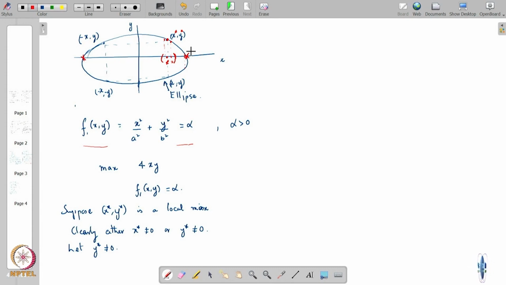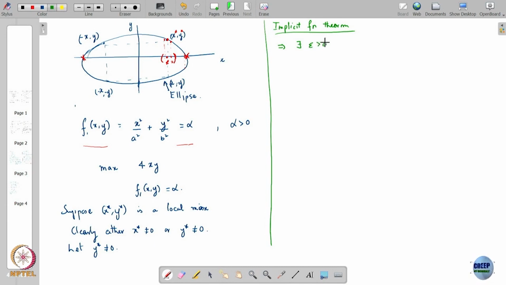Now, this thing which I am just telling you geometrically actually is a theorem. It's what is called the implicit function theorem. So this is the result of the implicit function theorem. Again, I will tell you what the result is in this particular context. The implicit function theorem in this particular context guarantees that there exists an epsilon greater than 0